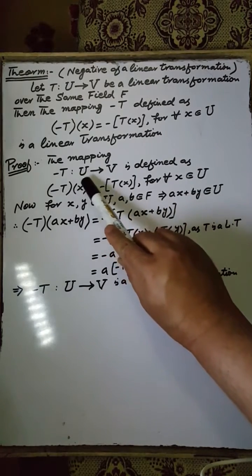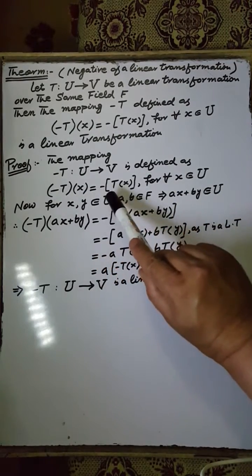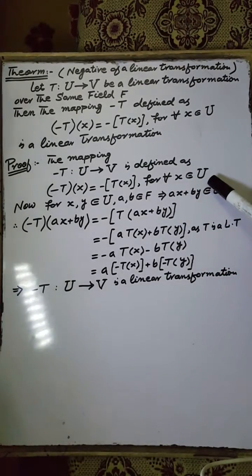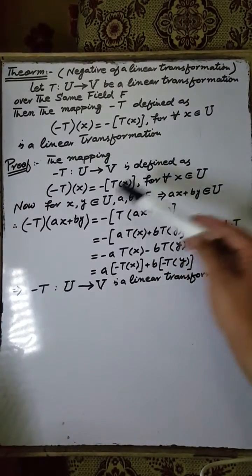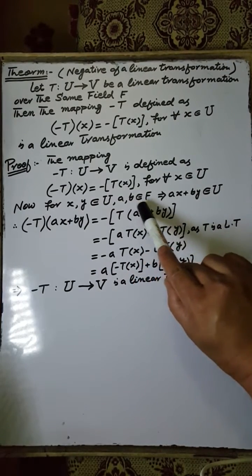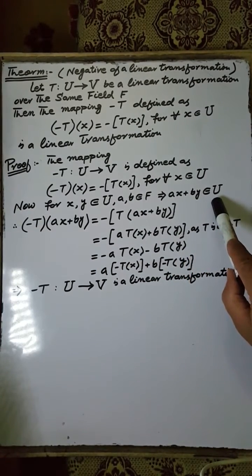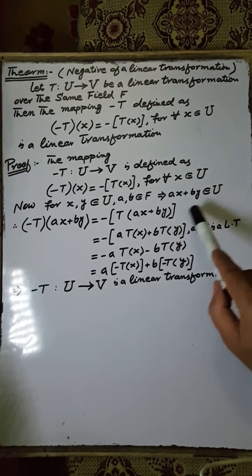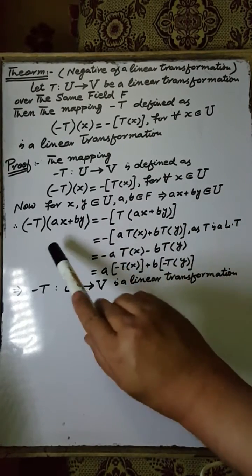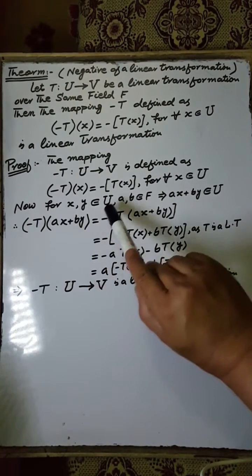Since the mapping −T: U → V is defined as (−T)x = −Tx according to the hypothesis for x an element of the vector space U over the field F, and for any two elements x, y in the vector space U and a, b elements of the field, the linear combination ax + by is an element of the vector space U according to the condition of the vector space. That is, the linear combination of any two elements of the vector space is again an element of the vector space, and therefore (−T)(ax + by), with ax + by being the resultant element of the vector space U,